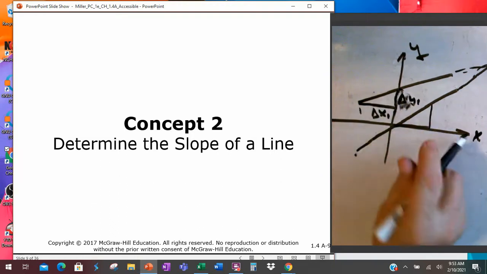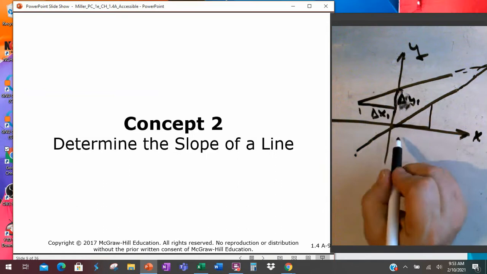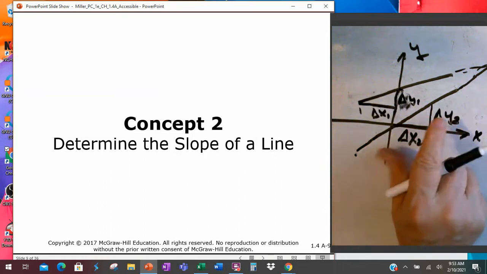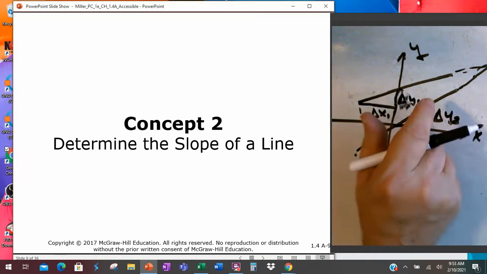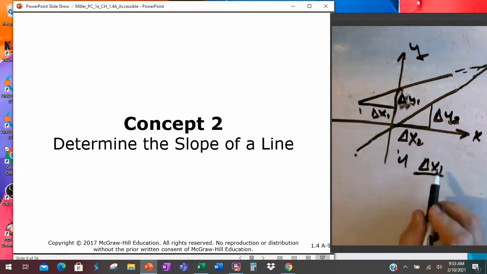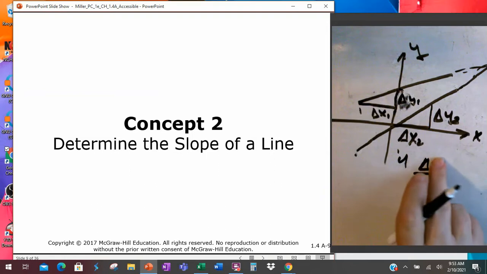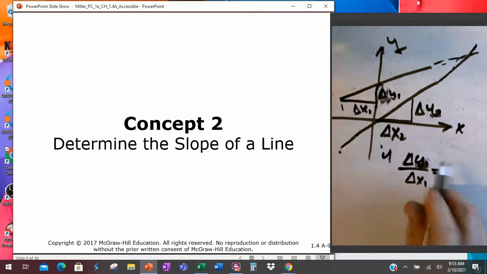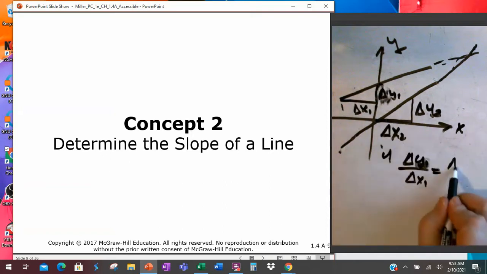This would be, from any points, just the difference going over, something like delta x2, delta y2, okay? If delta y1 over delta x1 is the very same, if I do this division and this division,